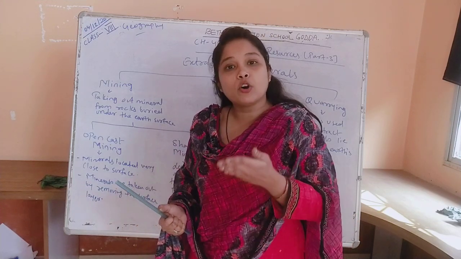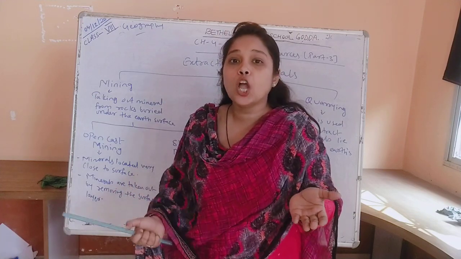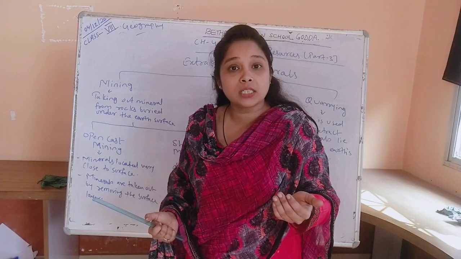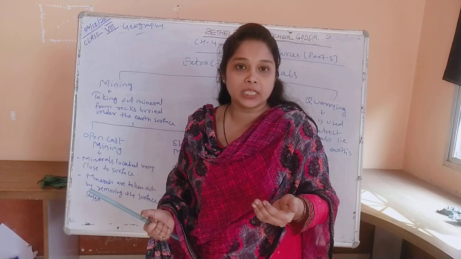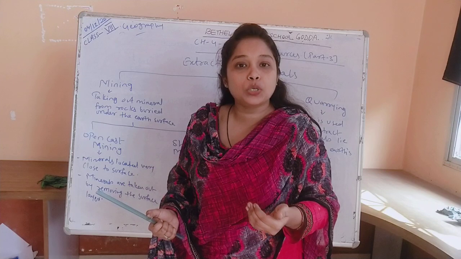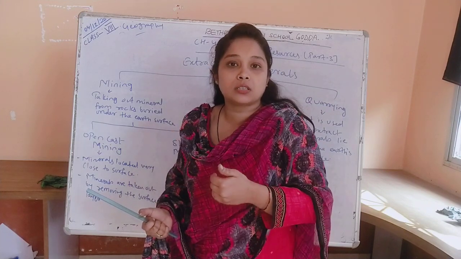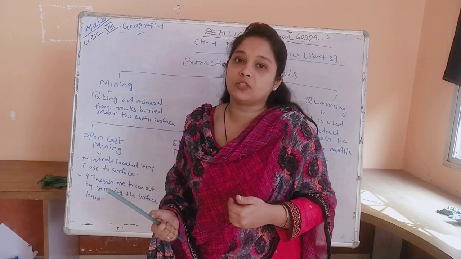We have also seen that there are two types of minerals, metallic minerals and non-metallic minerals. Metallic minerals are those which contain metals, and non-metallic minerals are those which do not contain metals in their chemical and physical properties. Metallic minerals are of two types, ferrous and non-ferrous. In the last two sessions we have seen minerals, their features and their two types.